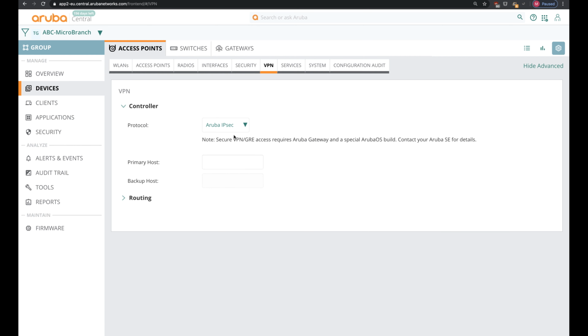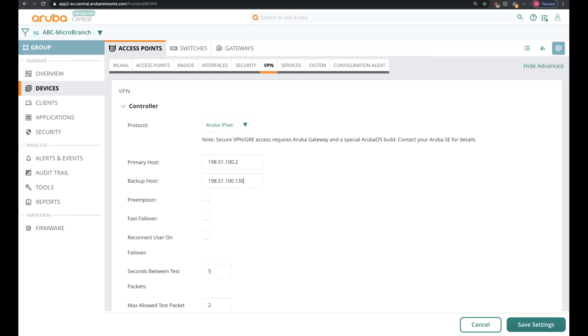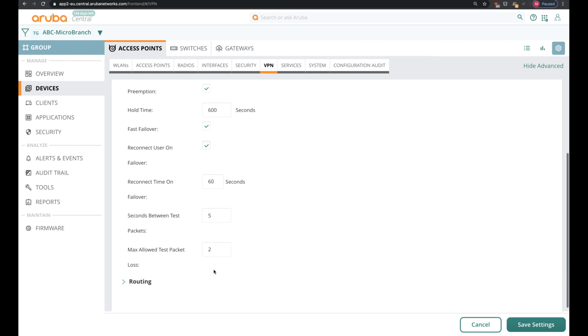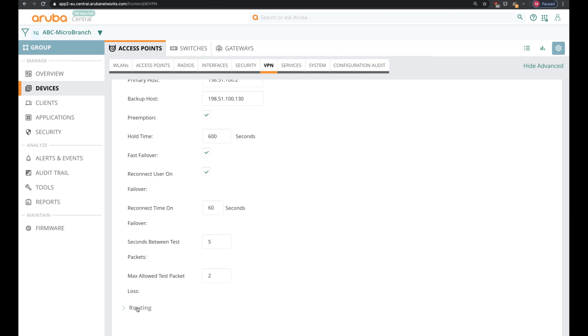Over here, the protocol will be Aruba IPsec, and here I need to fill in the public IP addresses of the VPN concentrators, which will be for the primary host a VPN concentrator, and for the second VPN concentrator will be 130. Enable preemption, fast failover, and reconnect user on. Just enable and tick these boxes, click Save Settings, and the next thing that we'll do is configure the routing